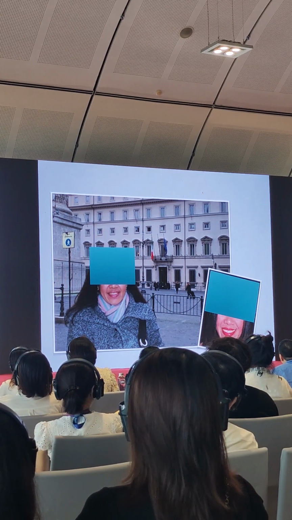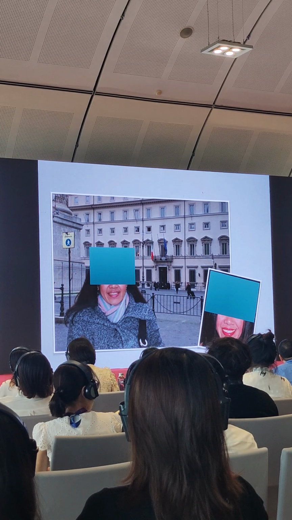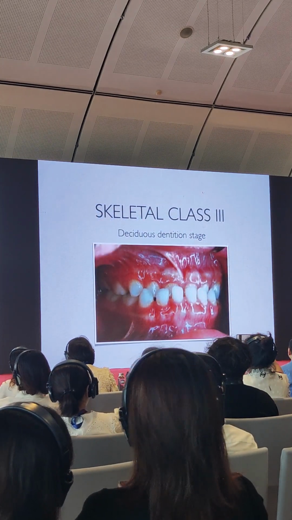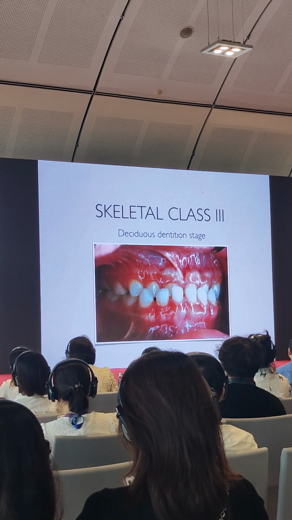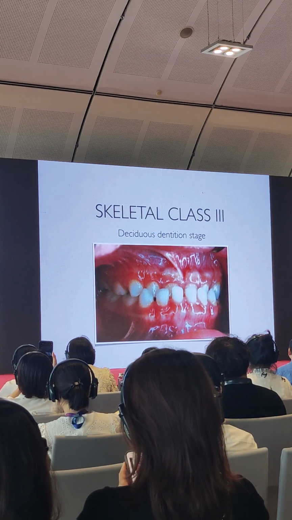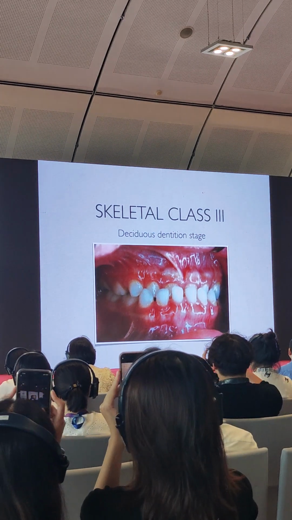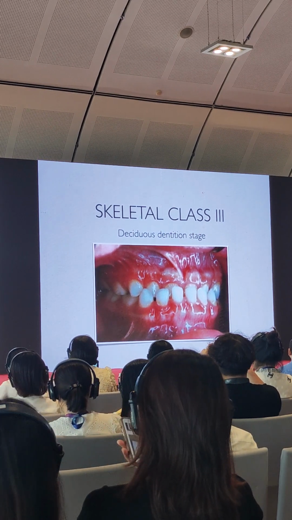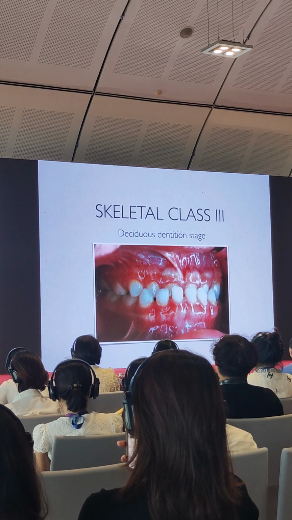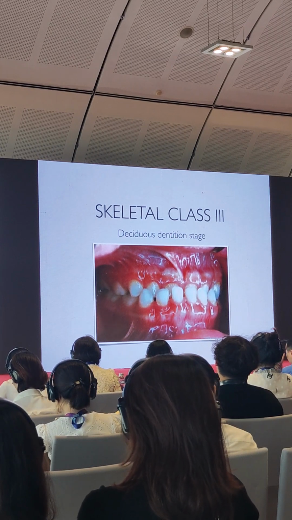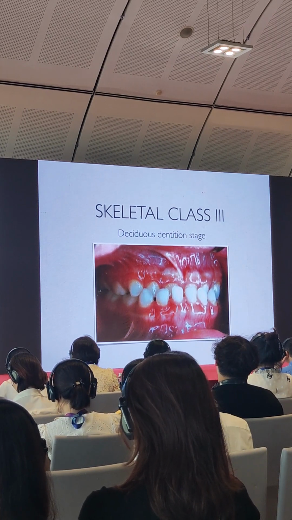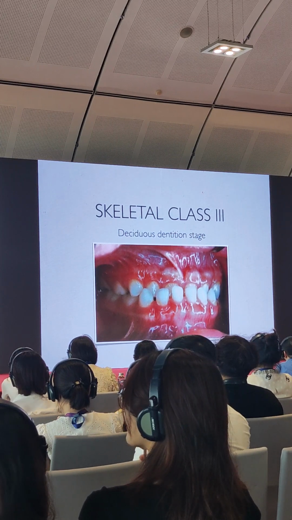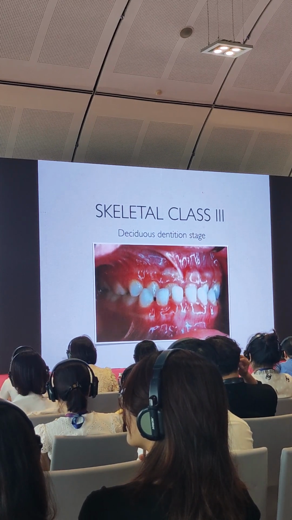So how about if you have class 3 in the deciduous dentition stage? In most of the cases, we can give patients appliances because deciduous teeth, we cannot do anything. We cannot place brackets on the deciduous. So you can give appliances to the patient to be able to improve, maybe an extraoral appliance or an intraoral appliance. So for this particular case,